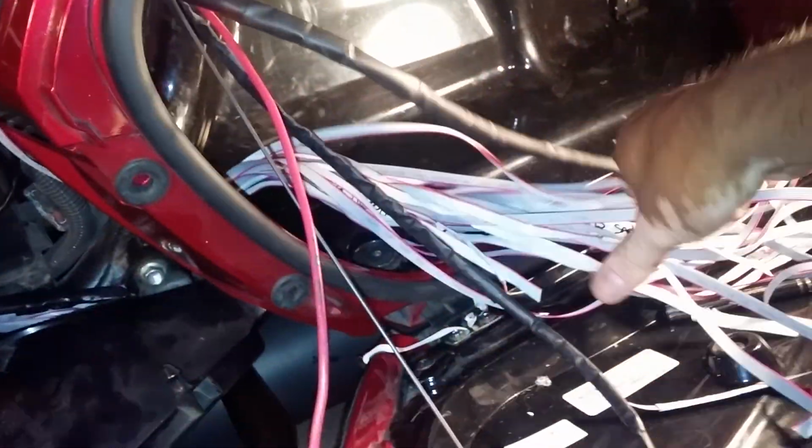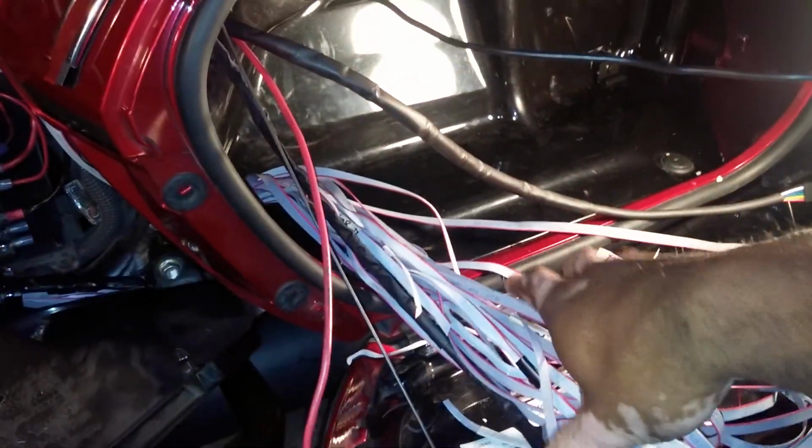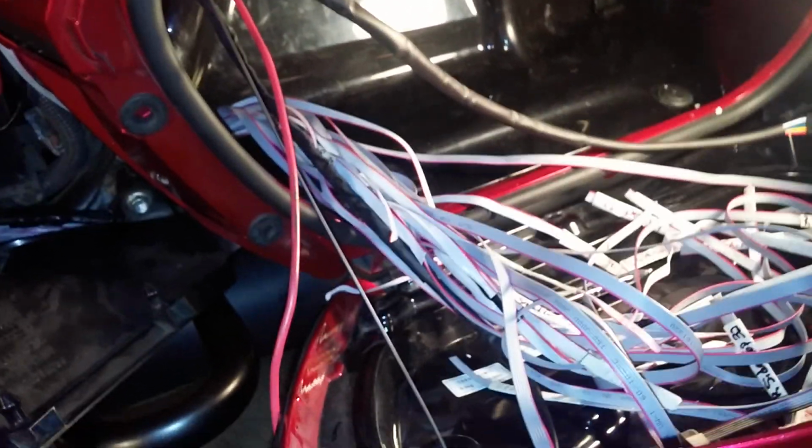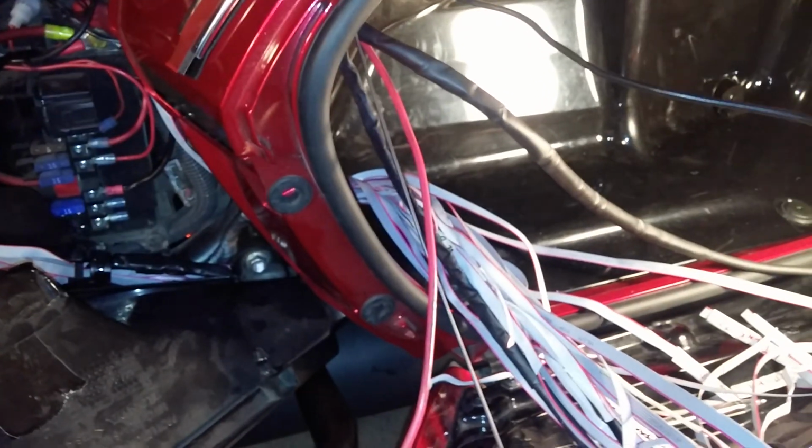Make sure you label your ribbons and keep up with the count on what side those connections are going to. If you follow those simple instructions, you will have no problem connecting your controller and installing your Rollin Eyes light